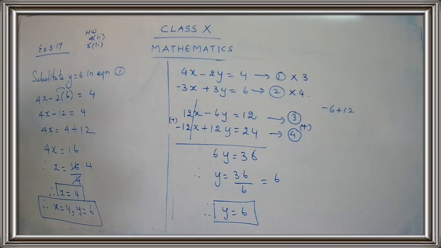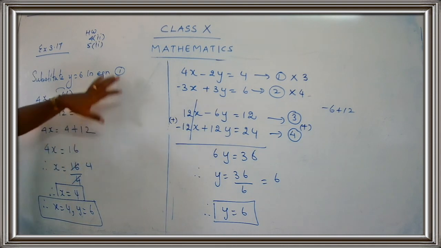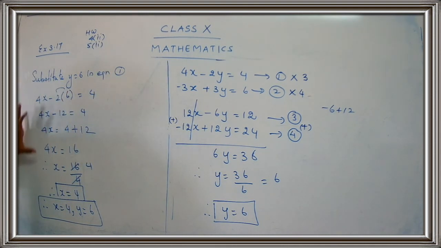So question number 6, only one question was there. Yes, children? So we got the value for y. So we have to substitute in any one of the equations. It's of your choice. You substitute, try to solve it properly. Do not make mistakes. This type of sums we started with in 7th standard. So you know how to follow it. Get the answer. x is equal to 4, y is equal to 6. Okay, children. Now let's go for the next question.